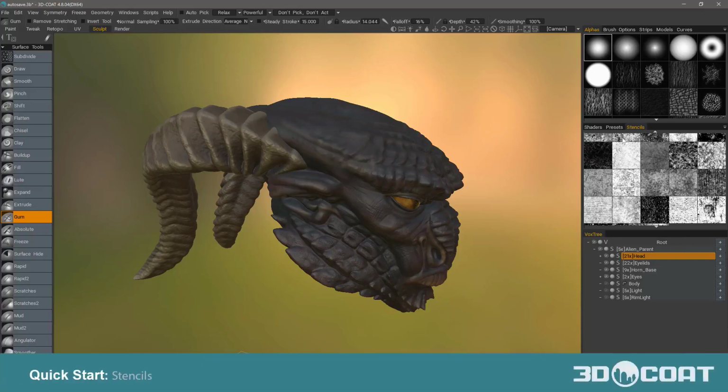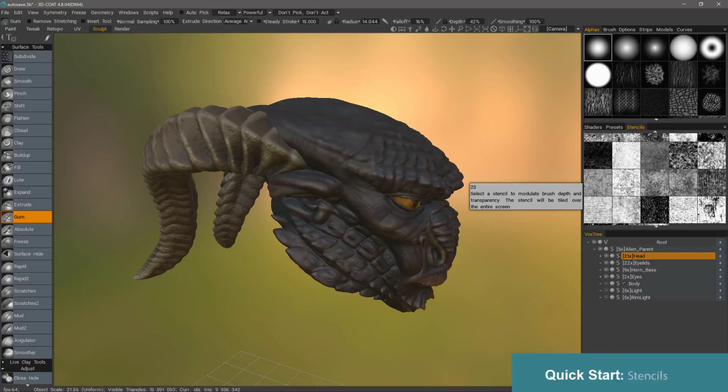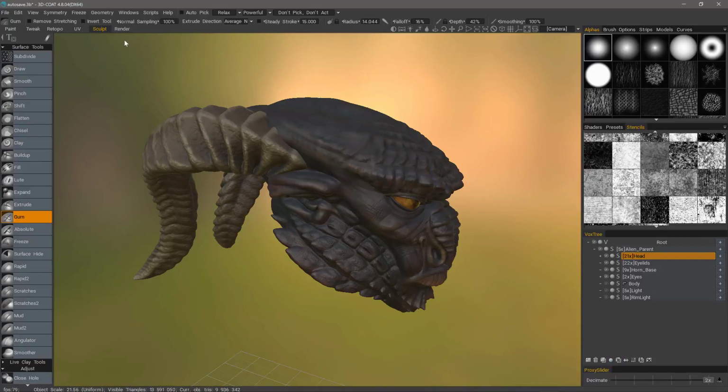The Stencils palette is one of the more important asset panels you'll find in 3D Coat because it works across multiple workspaces, specifically the Sculpt and the Paint workspace. As the name implies, it allows you to use a mask as a stencil. You can use color images if you need, but 3D Coat is simply going to convert it to grayscale as